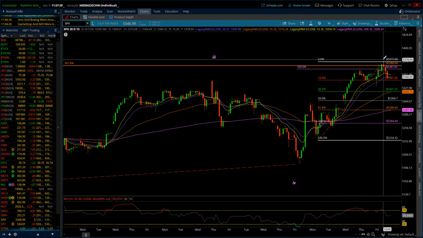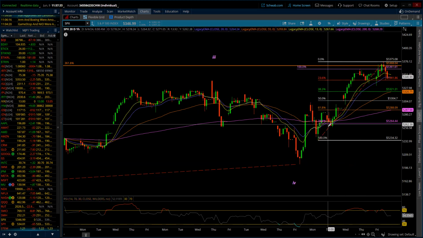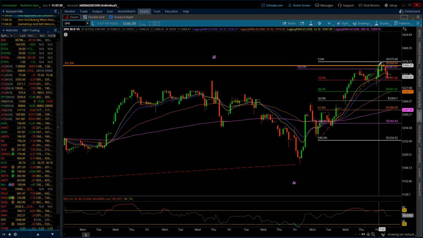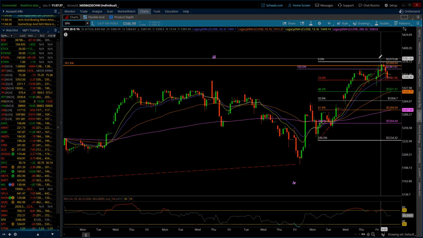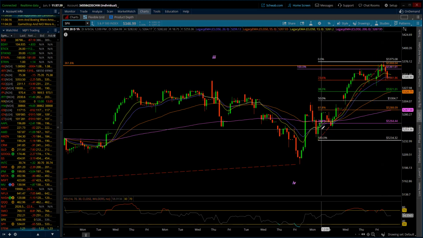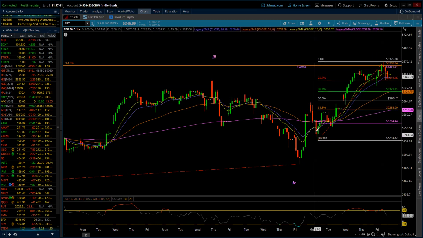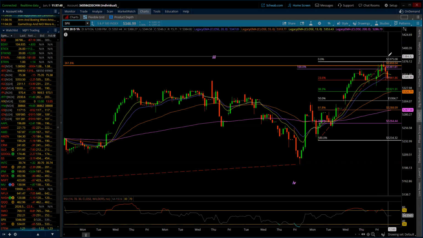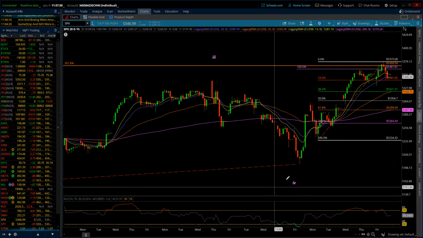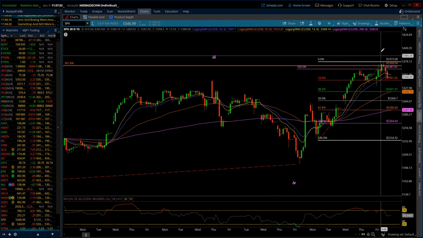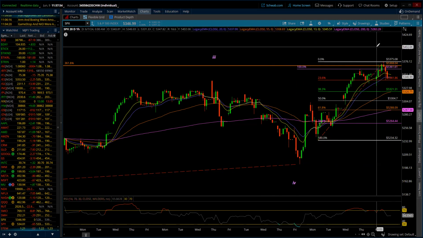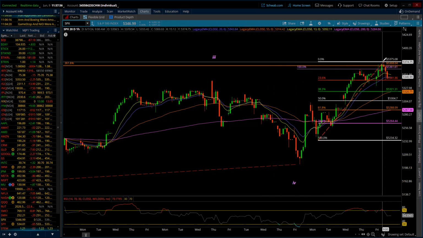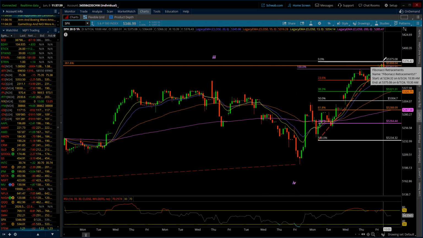But that just completes wave 3. So even if I go 1, 2, 1, 2, 3, 4, 5 of 3, I can try this: 1, 2, 1, 2, 3, 4, 5 of 3. Okay, 4, 5 of minuet wave 5 of minor wave 3. So there is that same possibility that it could be done there.